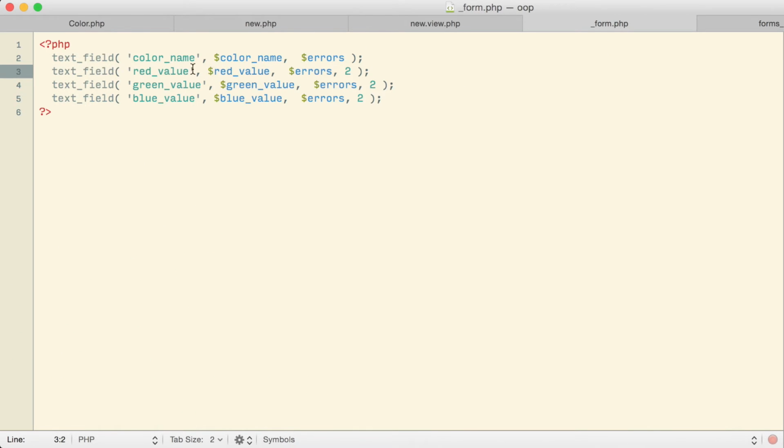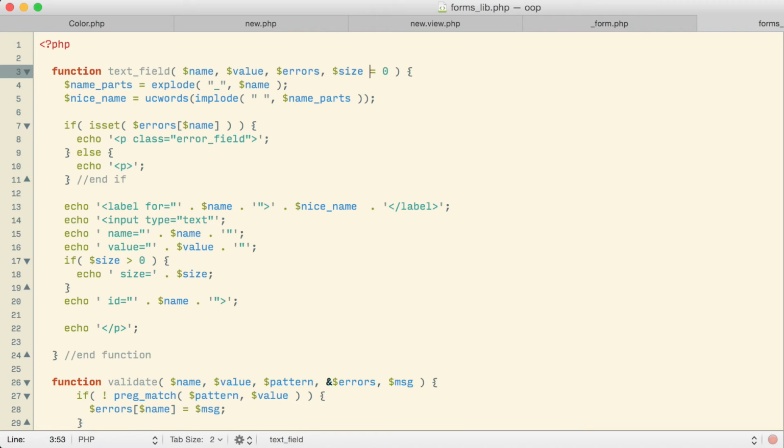I don't really want my form to be making up variables and just always filling in blank. I would want it at this point to be using the values that are actually coming from the color object. So what if I went ahead and changed the way that my text field function works so that it uses the color object instead for the source of the values for those fields, instead of using a bunch of essentially make-believe variables at that point? If I make that little change and pass the color as the second argument, in the function itself, the color is this thing right here.